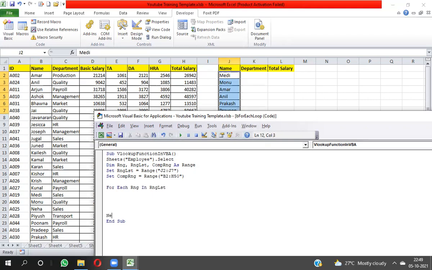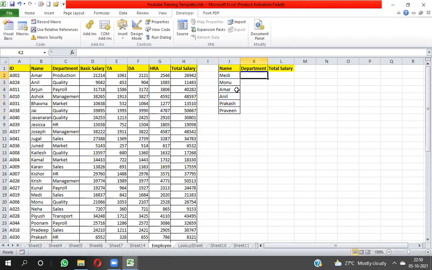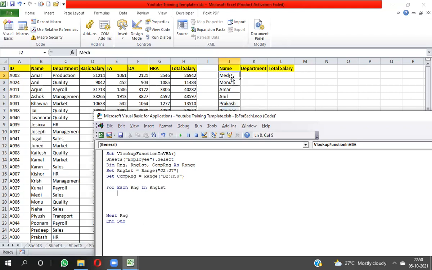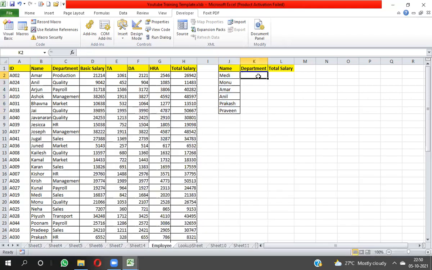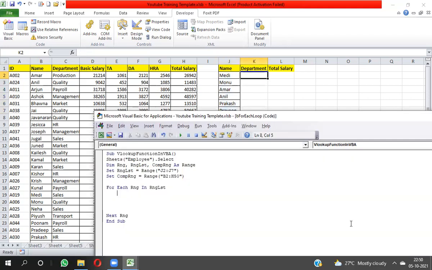Now, next, RNG. Now I have to put the result into the K column. So this is RNG. From RNG, we have to move one to the right.